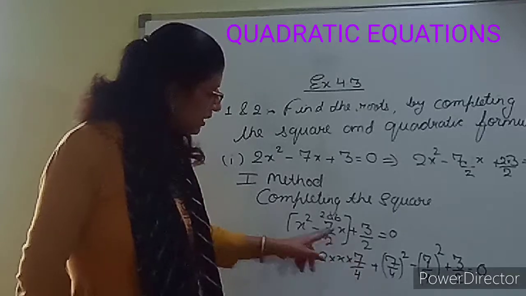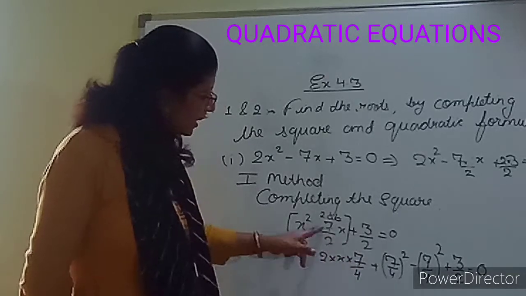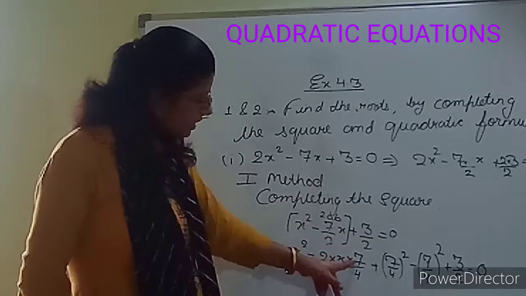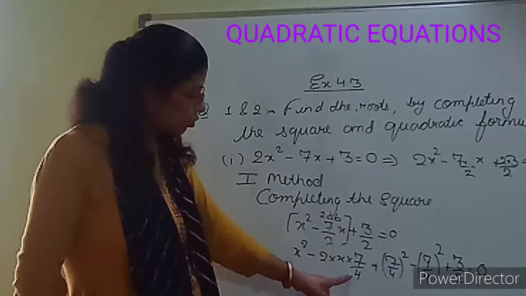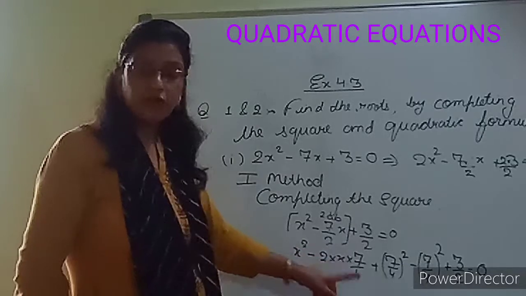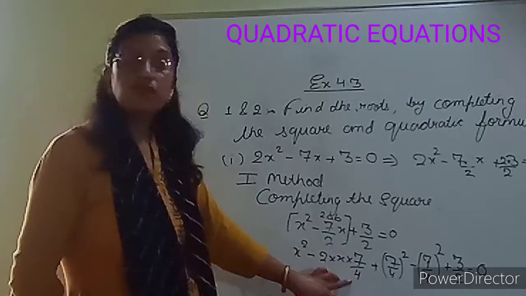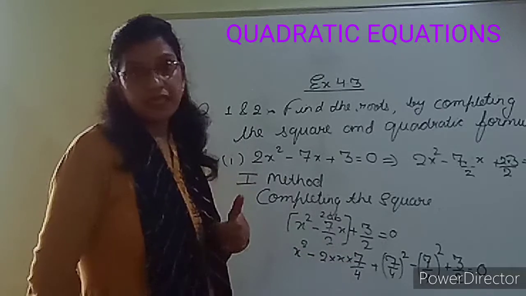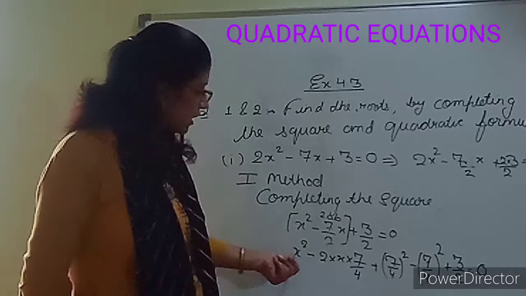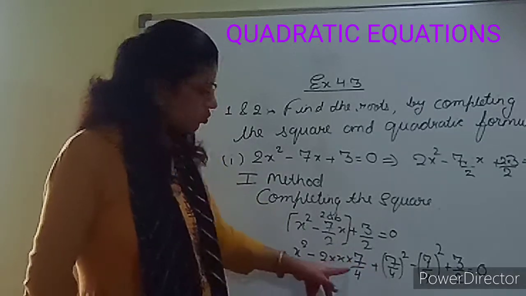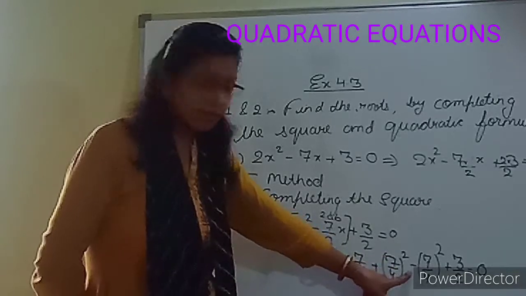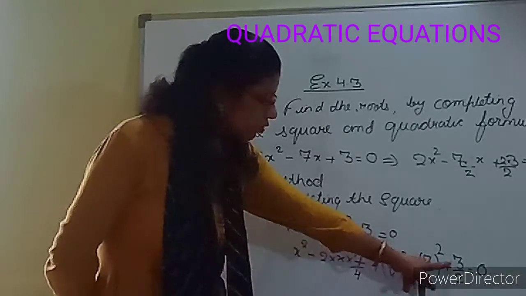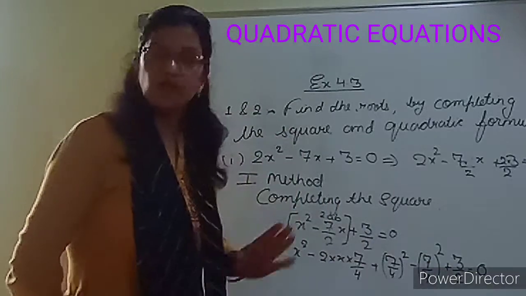So we will get, by solving this whole we will get 7 upon 2x. तो हम 7 लिखेंगे because in numerator 7 is there, in denominator 2 is here. अगर 2 लिखते हैं तो 2 से 2 कैंसिल हो जाएगा. We have to write 4. तो 7 upon 4 will be b. तो आप इसको completing the square complete you do. A square plus b square minus 2ab. B square is extra here, so you will just subtract the same amount. Plus 3 upon 2 was already here equals to 0. Up to here it is clear.